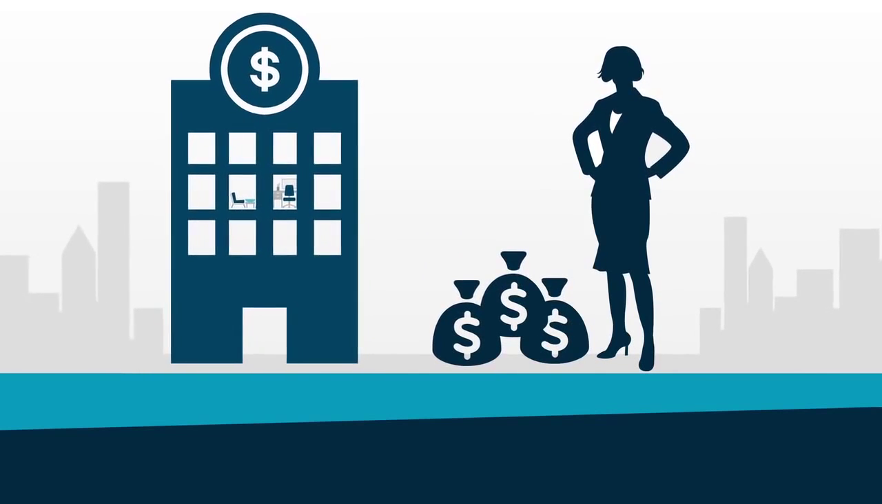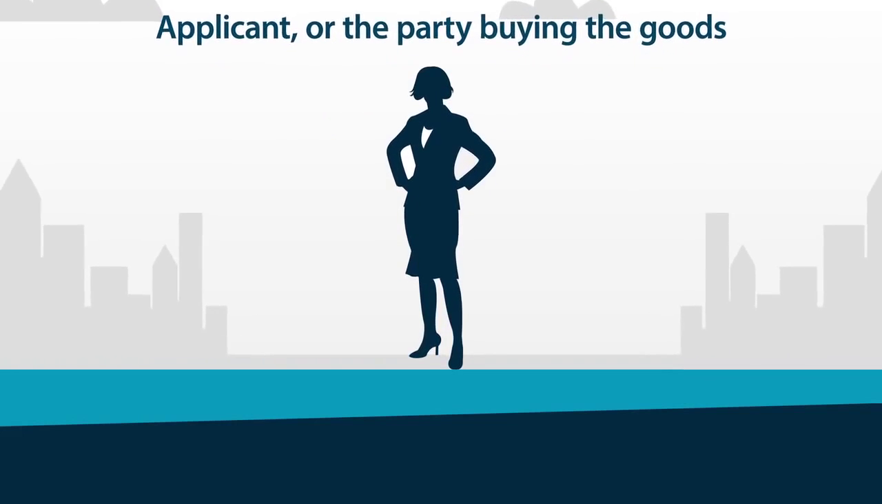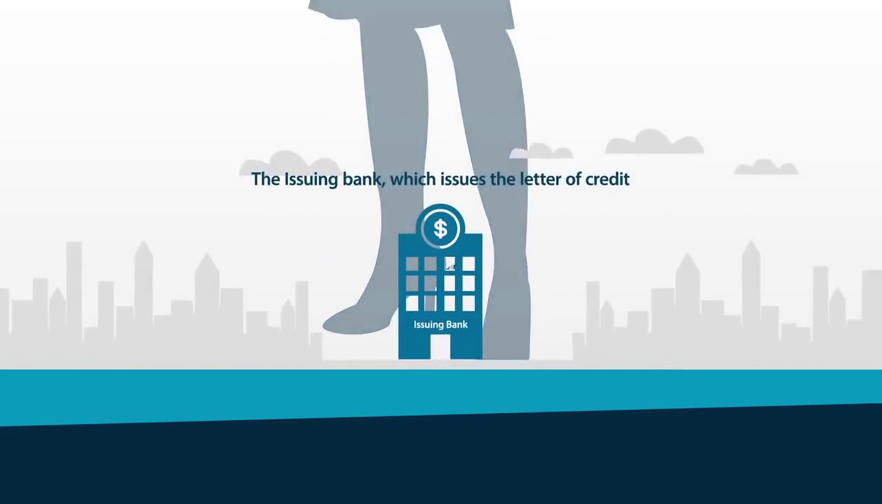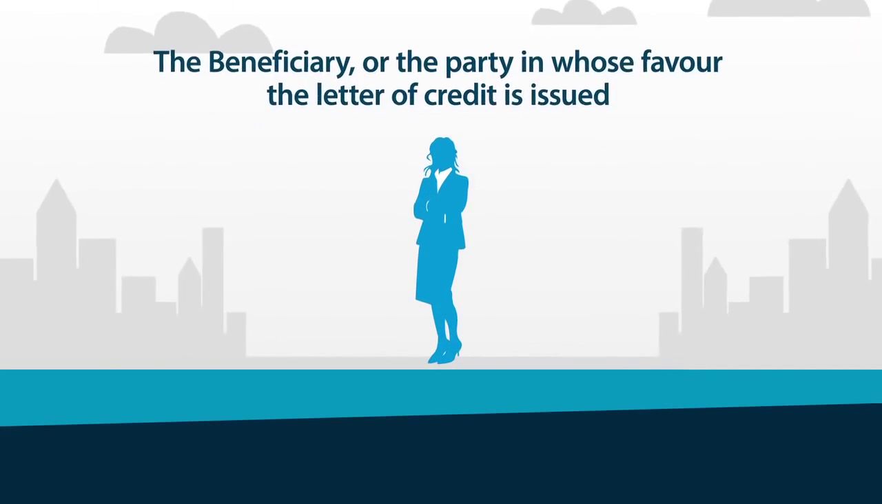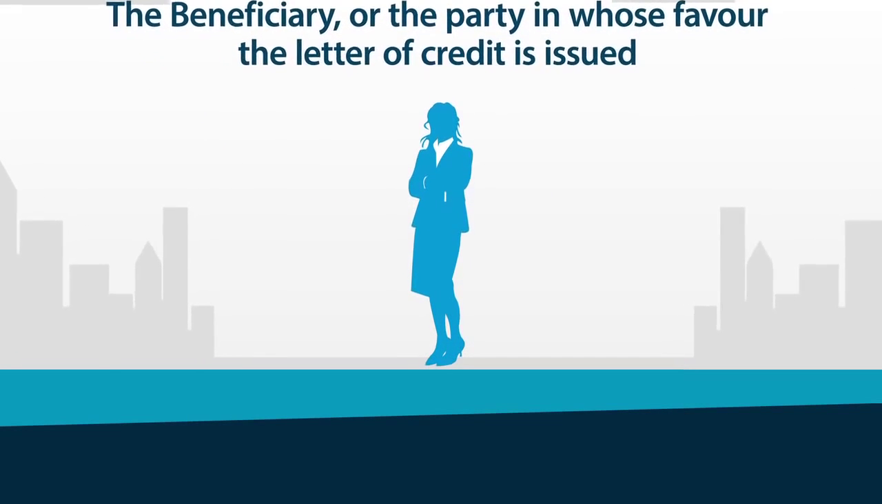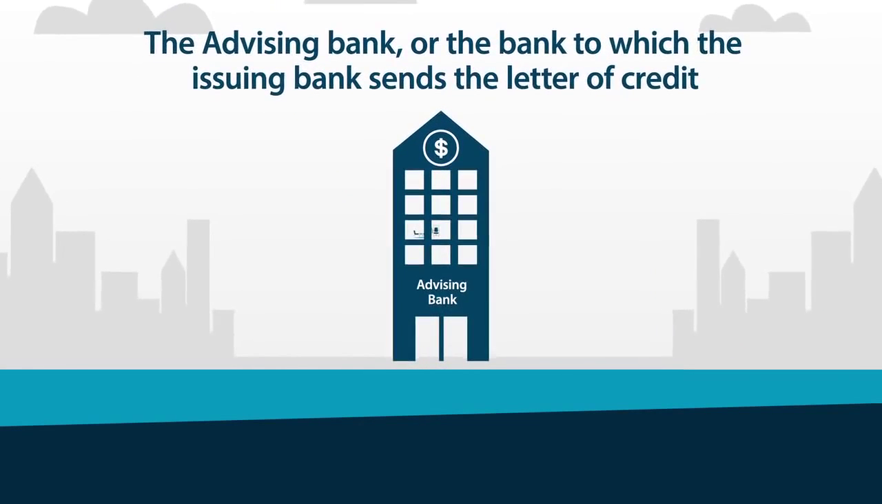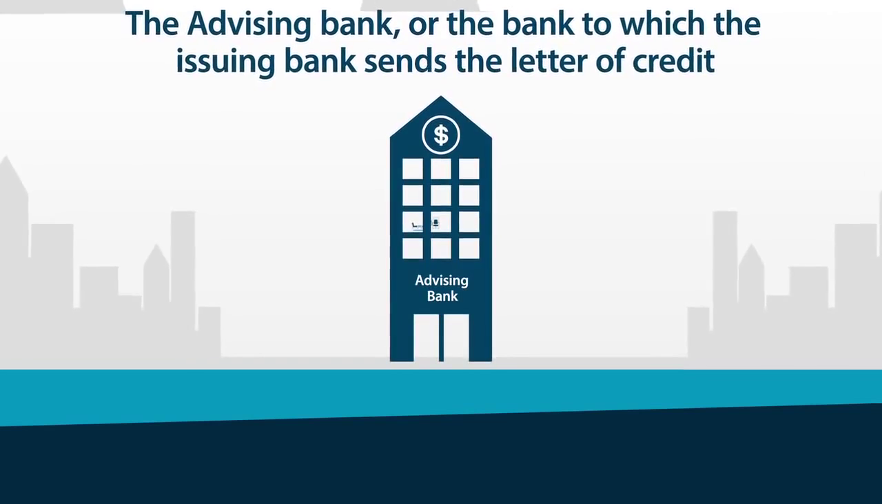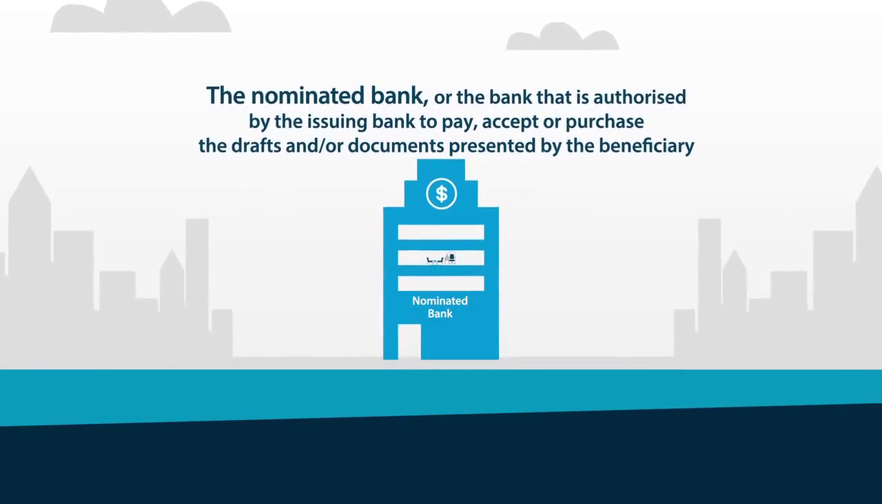Today's session has covered a range of terms crucial to the operation of a letter of credit transaction. These terms in review have included the applicant, or the party buying the goods, the issuing bank, which issues the letter of credit, the beneficiary, or the party in whose favour the letter of credit is issued, the advising bank, or the bank to which the issuing bank sends the letter of credit,